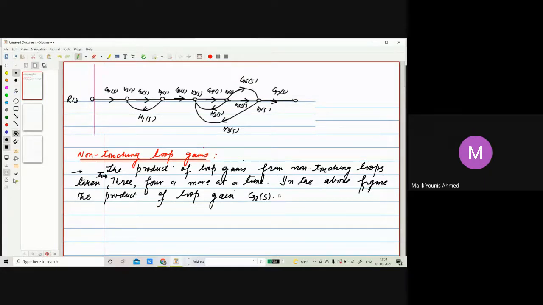S into H1 of S, and loop gain G4 of S into H2 of S. You can see this, and G4 of S, H2 of S is non-touching loop, is what